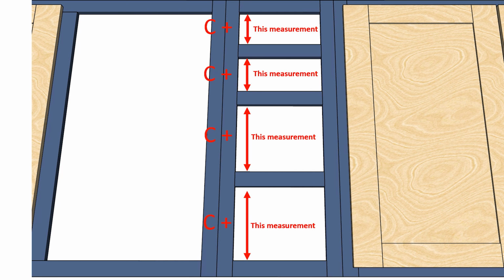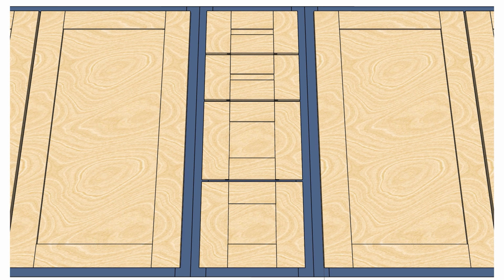Same with the drawers. You can simply add C to the measurement of the inside of each drawer space, and that will be your drawer height. And that's it. This will give you even spacing between your drawers, and when they're installed, they'll meet up flush